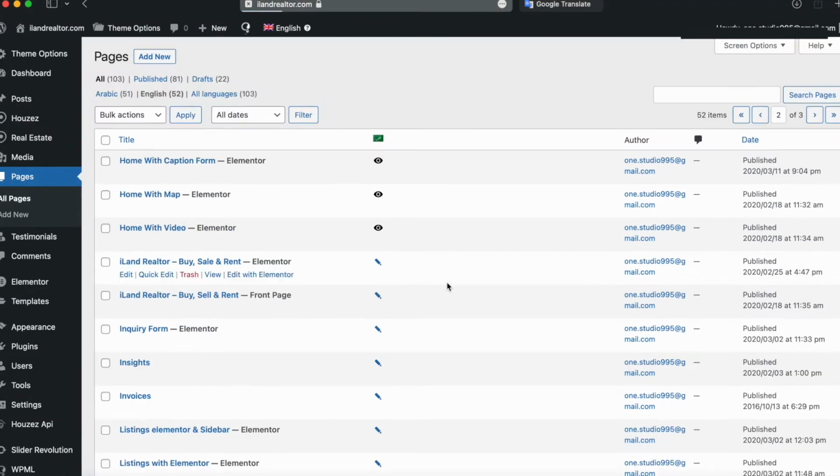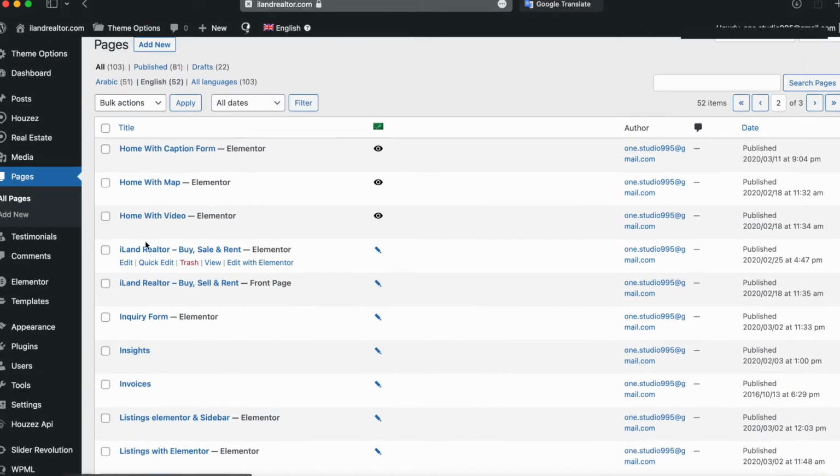For example, if we go into next page, you can see here it was automatically translated, but I needed to do some fixes to make it perfectly looking front page of Arabic as well as English. It all depends on your selected home page. For example, you can make this home with map as your front page. The front page of your website always hinted with this front page